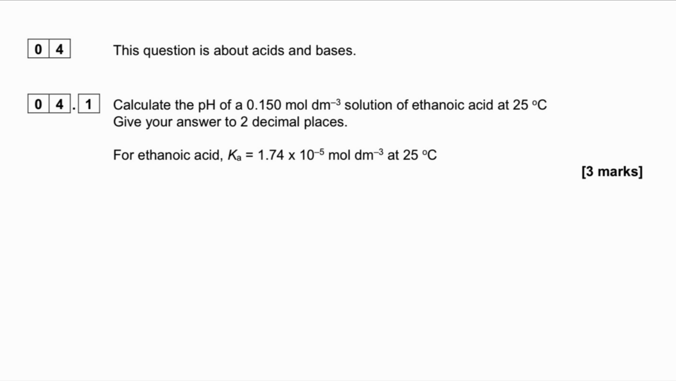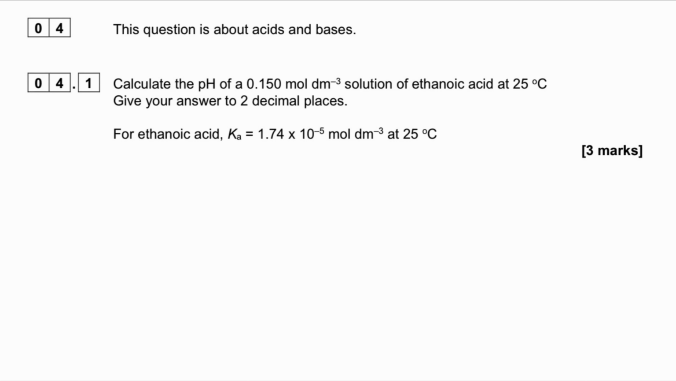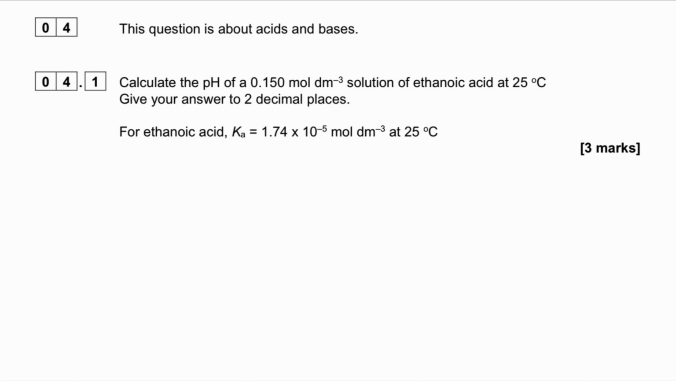This question is about acids and bases. Calculate the pH of 0.15 mol dm cubed of ethanoic acid at 25 degrees Celsius. Give your answer to 2 decimal places. For ethanoic acid, Ka is 1.74 times 10 to the minus 5. So again, let's do the same thing. So ethanoic acid